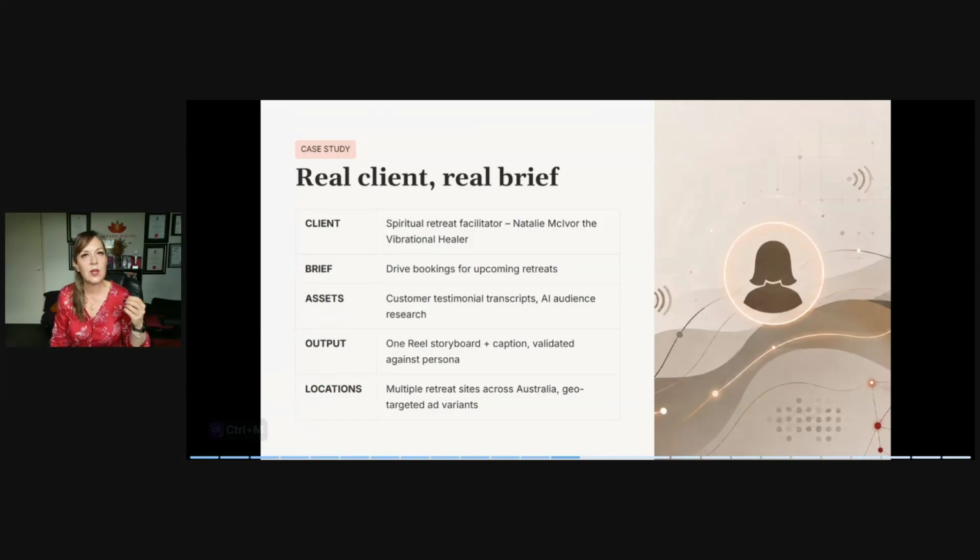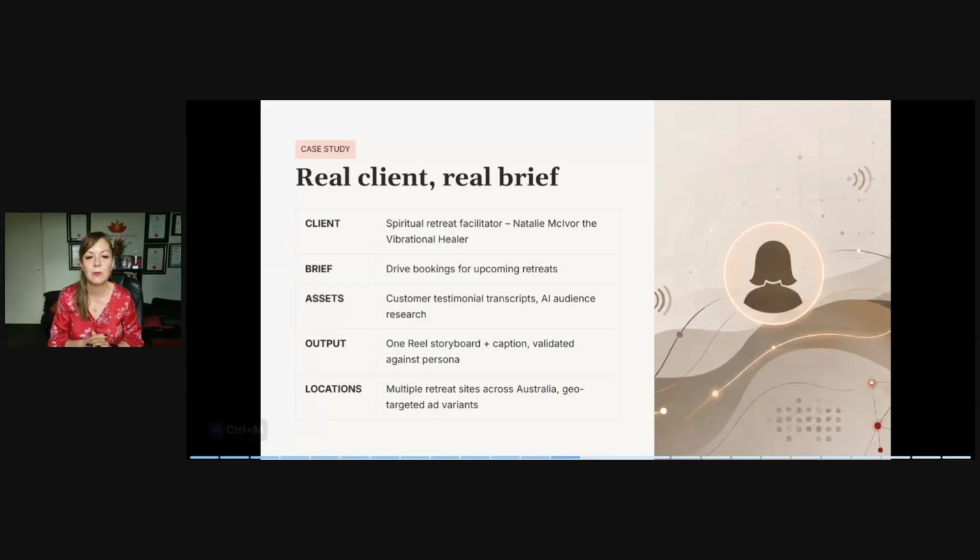And then we're going to use an Instagram reel as an ad to try and do that. So there are two things that are unknown at the moment. One is the audience, and then also we can use AI to find out what the best characteristics of the best performing reels are. Then we can actually create something that is based on research and test it with the target that we've created using AI, to see how well we can get it matching their needs and their preferences before we actually send it out into the world.